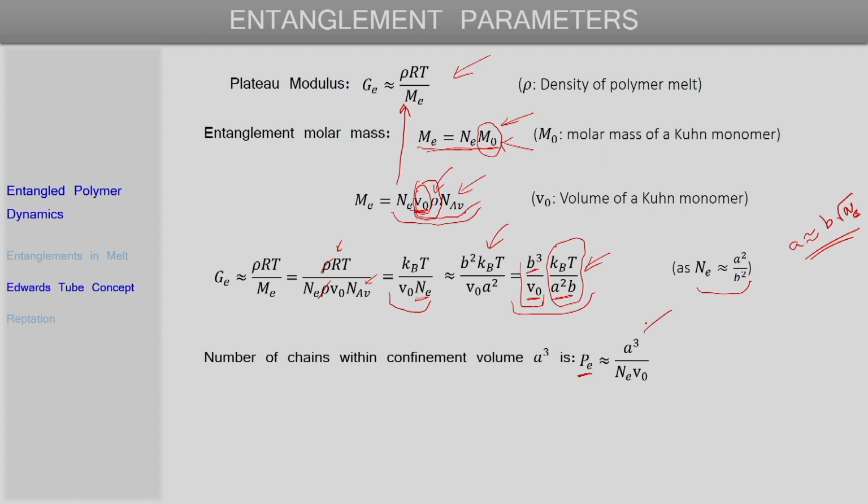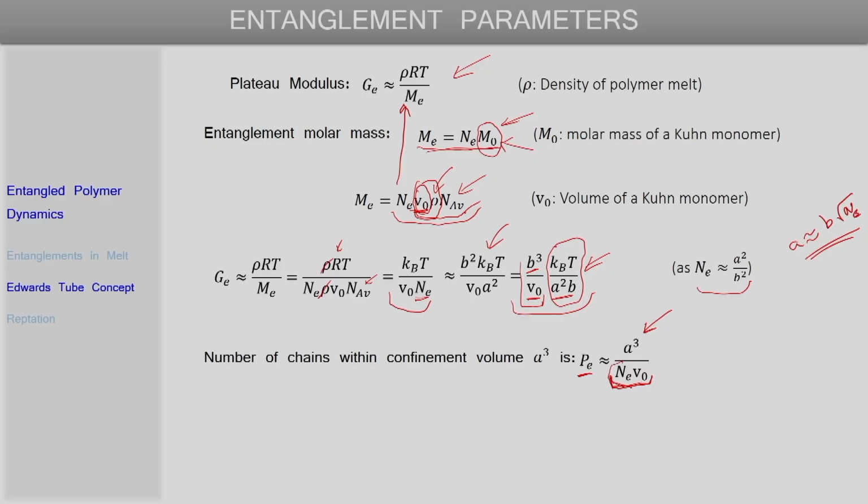The volume that we are looking at is A cube, and the volume of a single entanglement strand is Ne times V naught. V naught is the volume of a monomer, and Ne is the number of monomers in an entanglement strand. So this product gives us the volume occupied by a given entanglement strand. This ratio gives us the quantity Pe that quantifies the number of entanglement strands present within a given confined